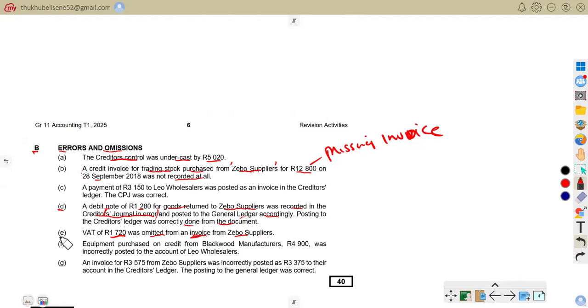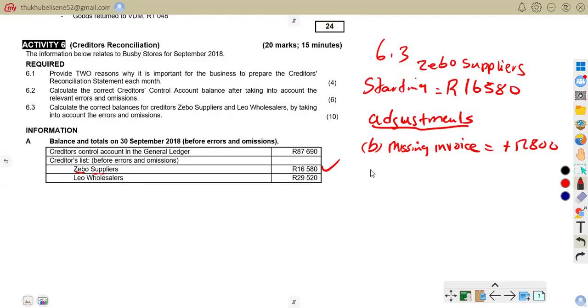We are going to look at E. Value added tax of 1,700 was omitted in an invoice from Zebo suppliers. So we're going to do this one, which is E. So E is about what? The value added tax that was omitted, which we are to add, 1,720. Also, we are to go to